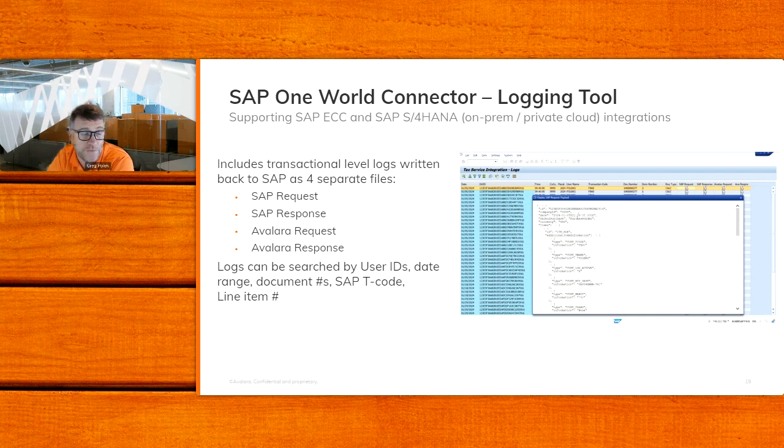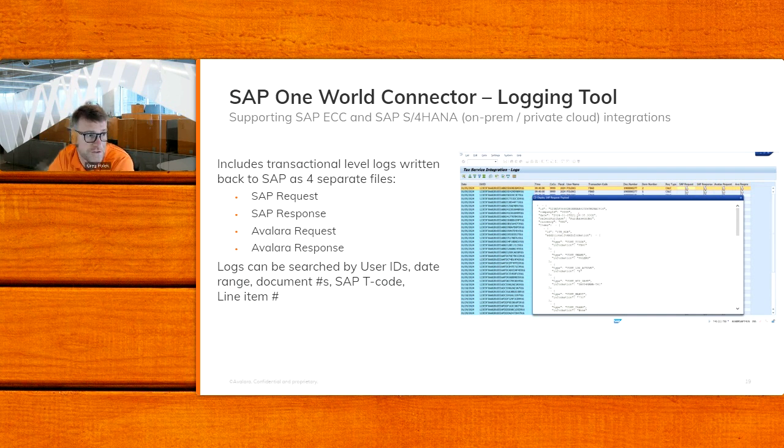So for those familiar with the tax engine, typically you have to go find a gigantic data file for a log that includes every transaction that's occurred over a specific period, and you have to hunt and find your data. This is nice because it automatically sets this aside by document number. It also shows you preliminary calls. So before the document is posted, the tax engine receives calls, say for a purchase order. As you're creating the purchase order, it's making tax calls to estimate the tax, but it hasn't recorded a purchase order number. You can find that in the logs way easier than you can with our competitors' logging